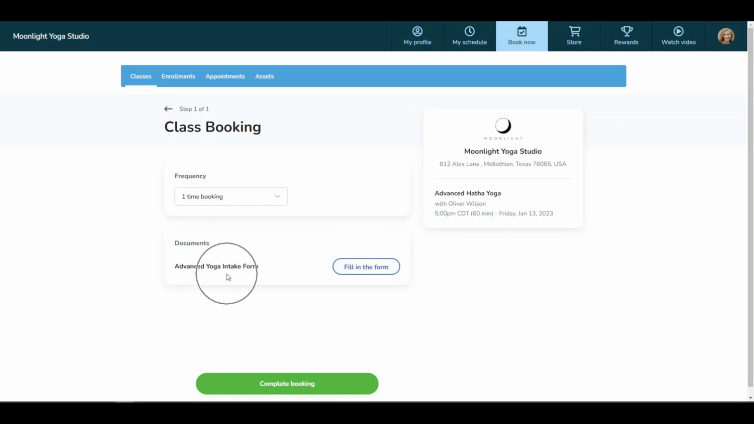And I can also fill out any required forms for this class. In this case, it is an advanced yoga intake form. I'll go ahead and fill that out, and then we'll move on. If I didn't have an applicable purchase option that could be used to pay for this session, I would be able to select one here to purchase and then be taken to the checkout using the green button at the bottom. However, I do have a purchase option that can be used for this specific class, so it has already been auto-selected for me by the system,